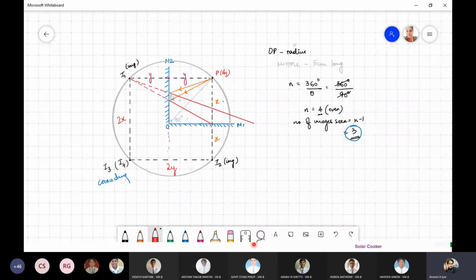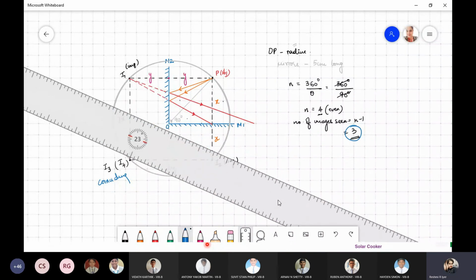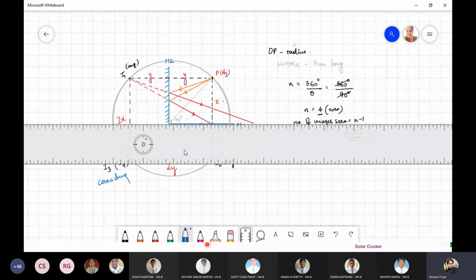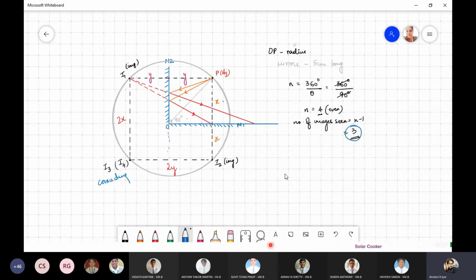2 rays from the object hitting mirror 2. Wherever they hit, those 2 points of incidence, I connected with I1 with the help of dotted lines, because anything behind the mirror is a dotted line. And I produce them forward right now to form the reflected rays. Has everybody understood now? Okay. Now do one thing, just extend your mirror 1 so that your reflected ray will still be in contact with it. Just extend it. That's all. No worries. You can adjust the length accordingly. Clear?